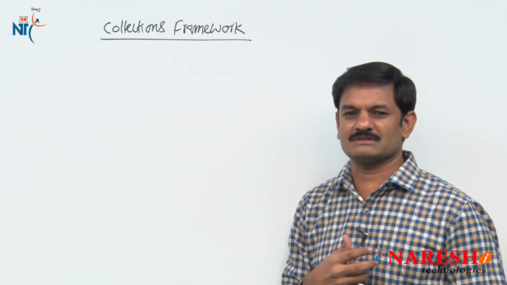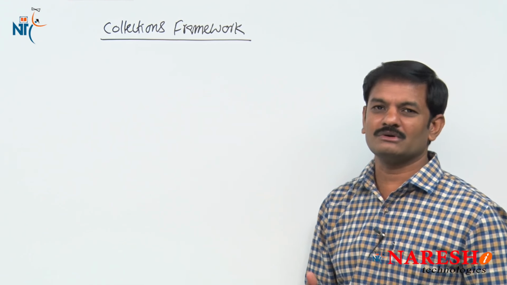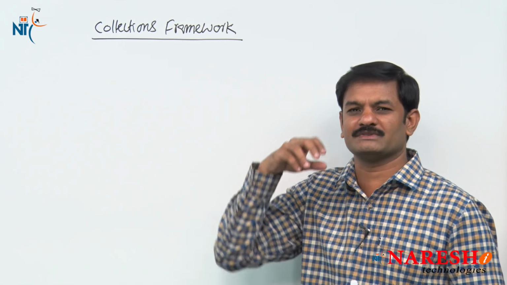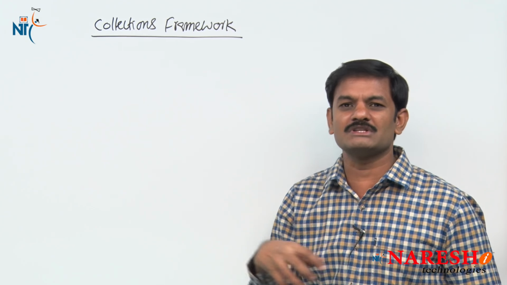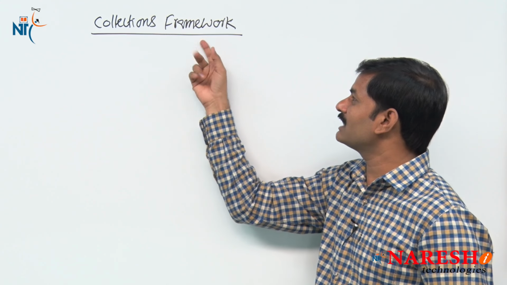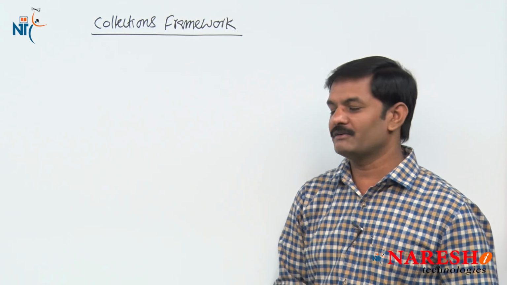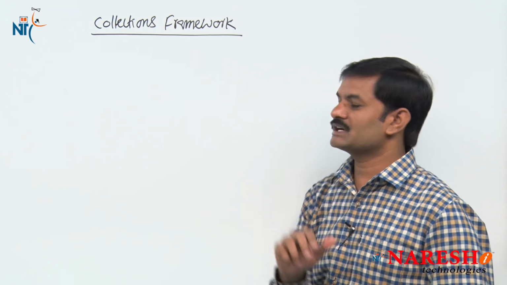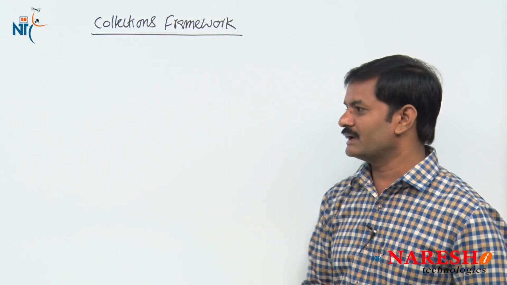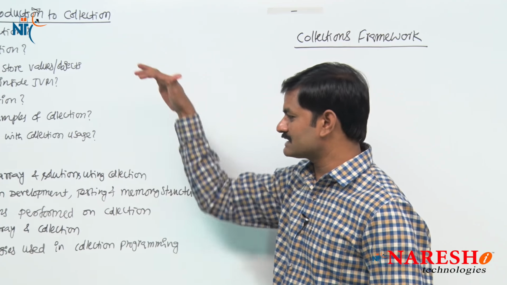Different reasons, I don't know what the reason is behind this chapter being made very tough for students and learners. Now, I want to tell you collections framework is one of the very easiest chapters among all Java chapters, right? If you have command of the word collection and command of the word framework, then this chapter collections framework is over, okay? Now, first we are getting command of the word collection, and then we will enter into the collections framework concept. As part of the word collection, I want to cover around 12 sub points.